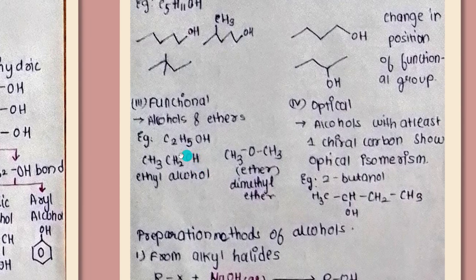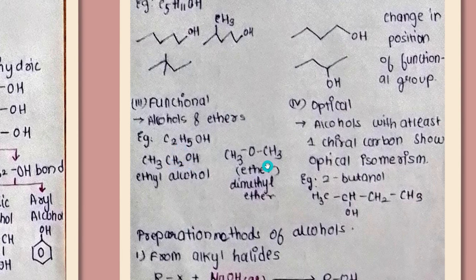Simple example, if I take C2H5OH, usually called ethyl alcohol or ethanol, right? Now count the number of different atoms here. Two carbons, H5 plus 1, 6 hydrogens and 1 oxygen, right? So if I take ethyl alcohol in this form, CH3CH2OH, here also H3 plus H2 plus H, total 6 hydrogens, 2 carbons, 1 oxygen.